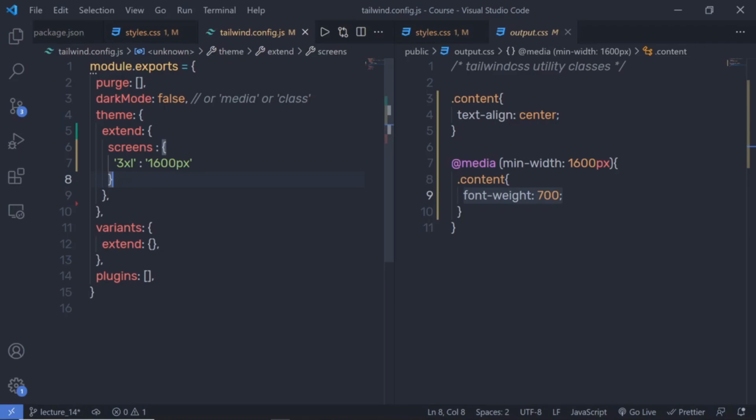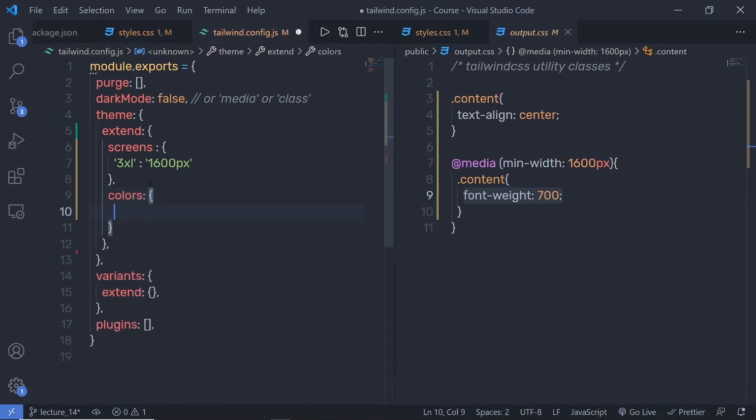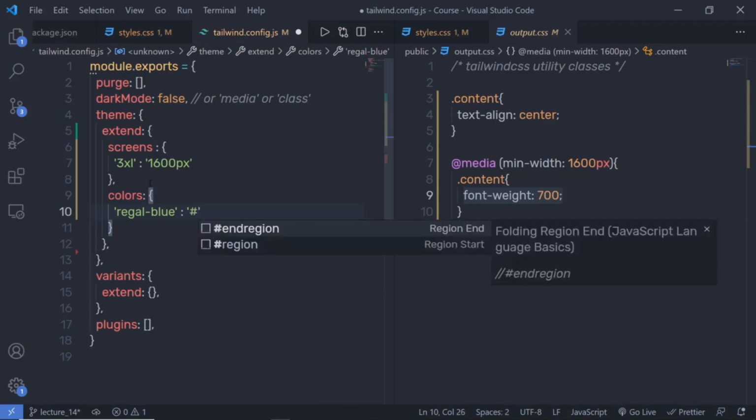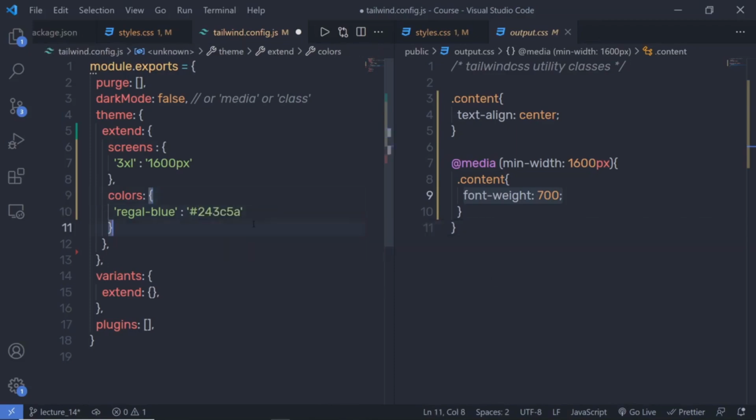You can just specify comma here and then add your color palette. So here I'm going to simply specify colors, colon, and pass here curly braces. Inside the single quote, I'm going to specify regal blue, and then I'm going to specify my color value here. For example, if I specify a hex value, and just out of that, I'm going to save this file back